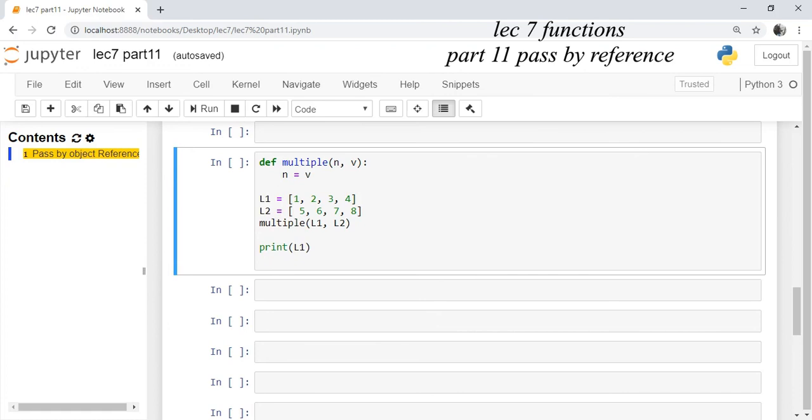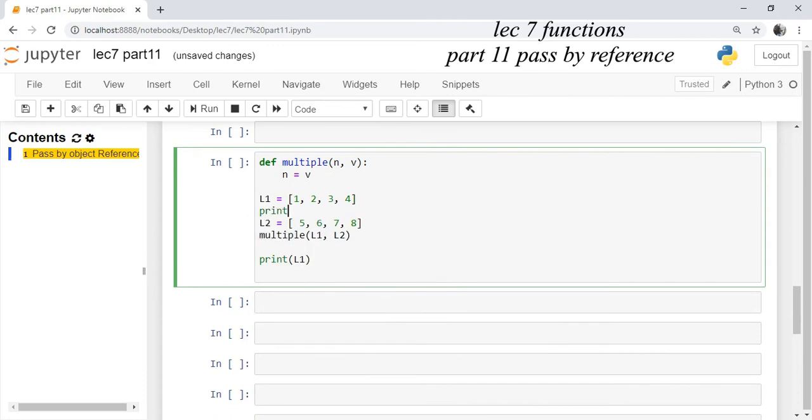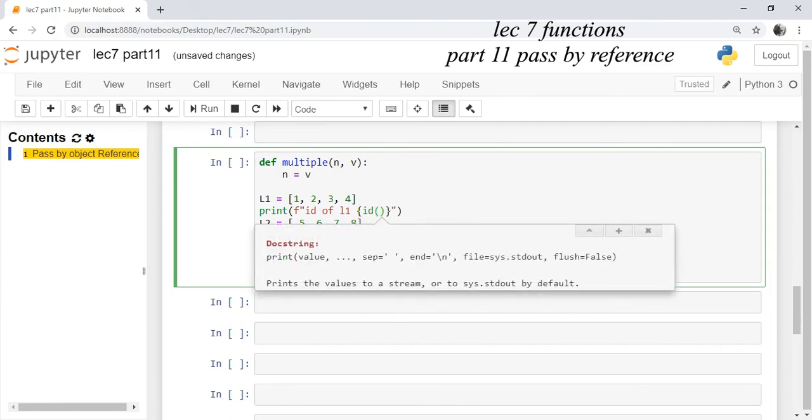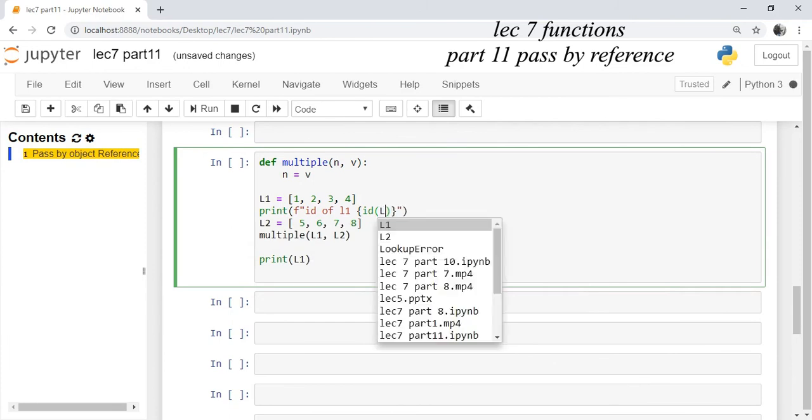We check this by printing the id again, to cross check. What do we print? The id of L1. We use F formatting here, and inside it we give a placeholder which is printing the id of which list, the L1 list.